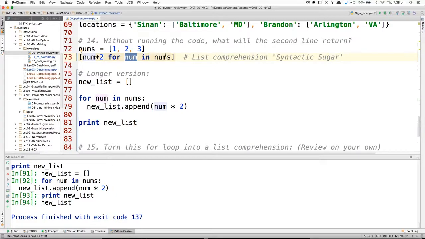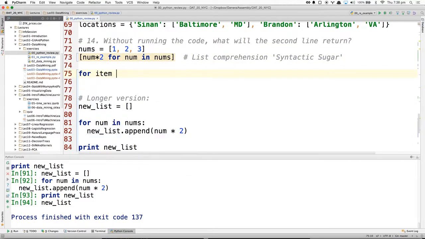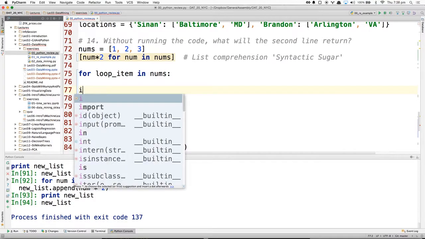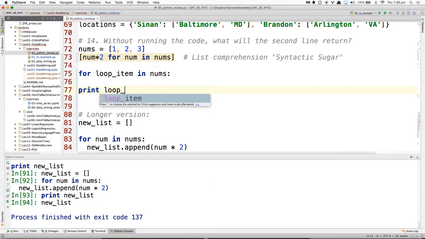Note that this is an exception, because the scope of this variable in list comprehensions exists within the array. Typically, if I do a for loop, for loop item in nums, I believe that loop item will not exist outside this scope.